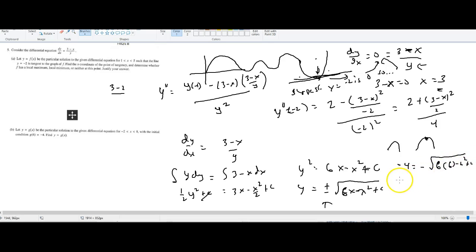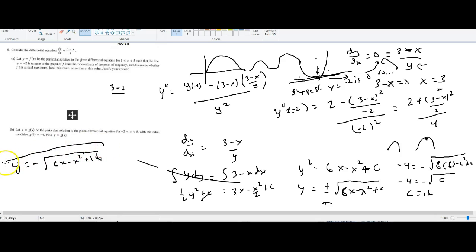So this whole thing becomes -4 equals negative square root of c. It doesn't take much imagination, really. That's going to be 16. So my specific equation will be y equals negative square root of 6x minus x squared plus 16. And I think that does it for you. All right, hopefully that's enough. I will post this, and you'll have